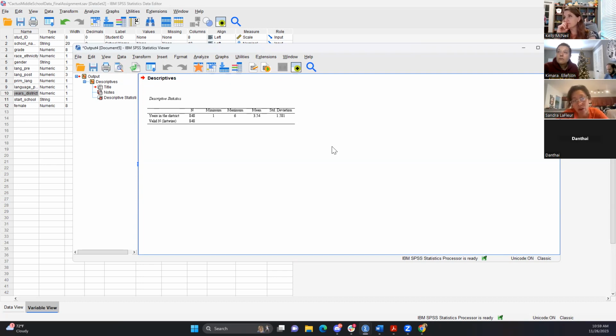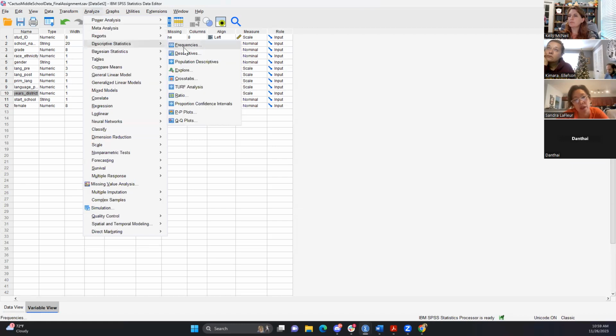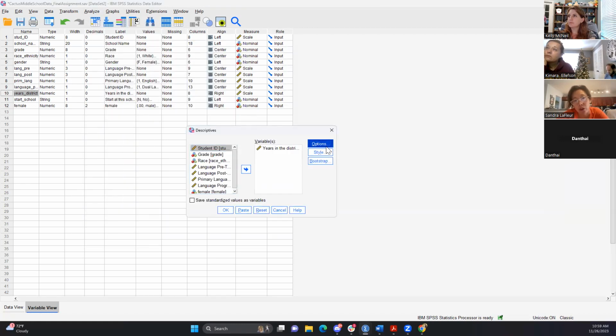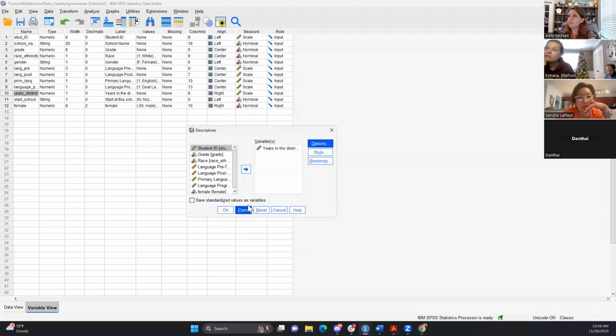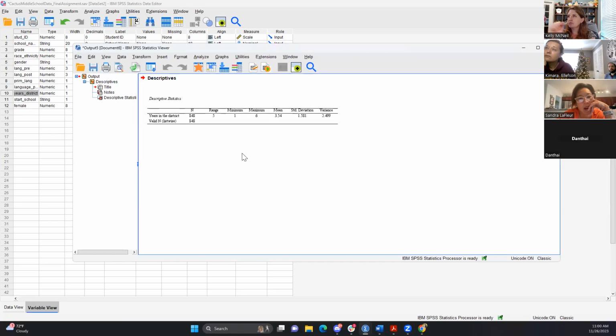The mean average of years for students is 3.5. Right. And I think you could also see mode and median if you picked it. You didn't check off the little boxes on that one, but you could try it again. So here, under options, you could pick a bunch of other stuff if you wanted. Oh, yours didn't come out. Mine did. Let's see.